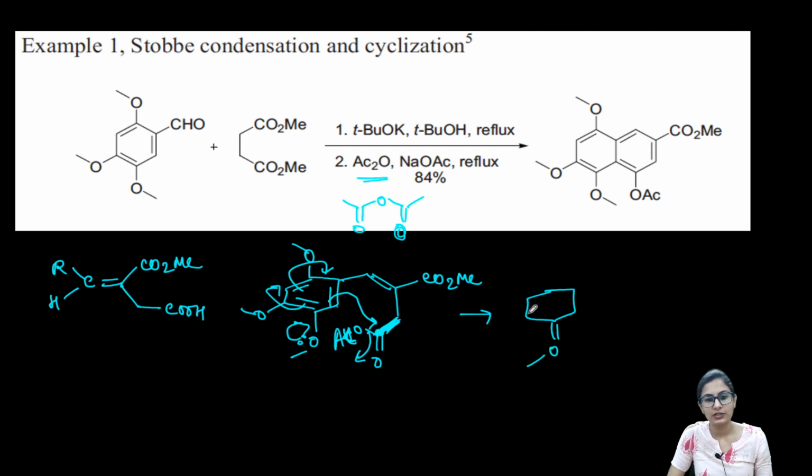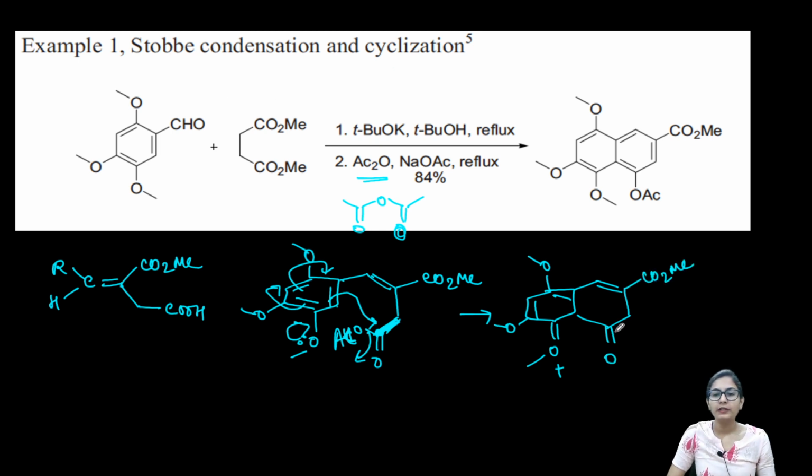We see an oxygen forming the oxonium ion, assisting in the attack from this carbon. Okay, so this is what you get, isn't it? CO2Me, this is what you get. Now further, this proton is going to be lost to regain the aromaticity. Alright, and there is one more very important thing that you see, OAc minus.